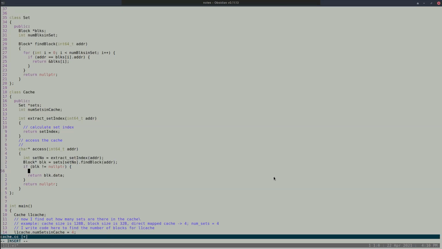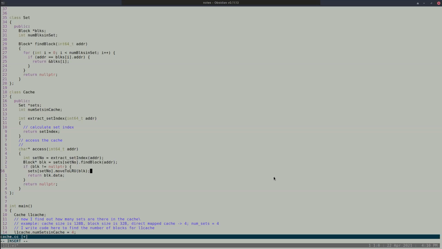So I have to update the LRU. So what should I do here? I should say this particular set, right? With this particular set number, I have to move this block, move to LRU. And I have to move to this LRU, this particular block. See, this block was found in the cache, in this particular set.